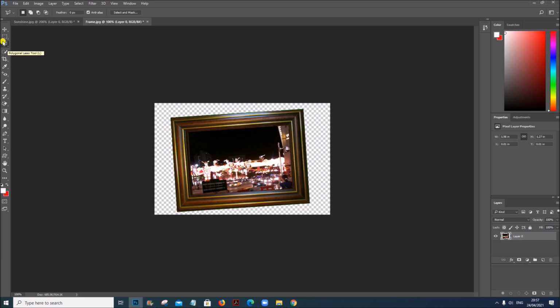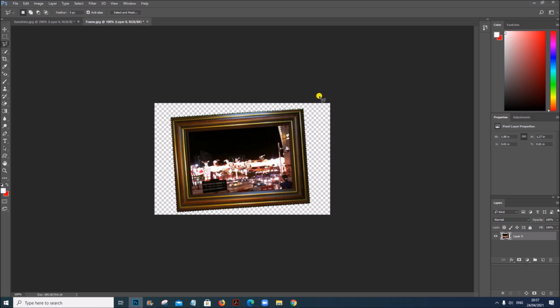Now let us make the frame straight. Use the polygonal lasso tool. Select the frame. The frame is selected now.